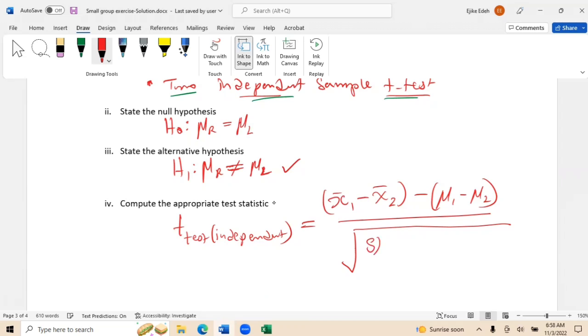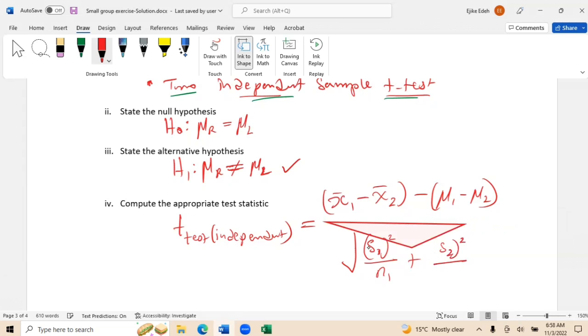the variance. Let me write that well. The square root of the variance of group 1. So the variance of group 1 is the standard deviation squared, right? So I could say standard deviation of group 1 squared, I could just say the variance, divided by group 1 sample size, plus the standard deviation of group 2 squared, which is the variance, divided by